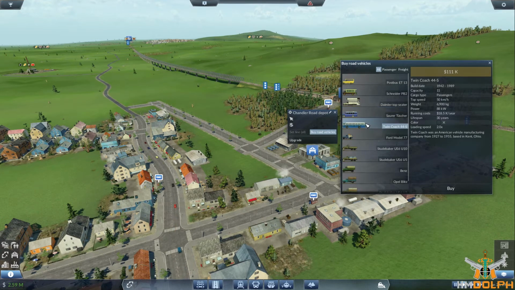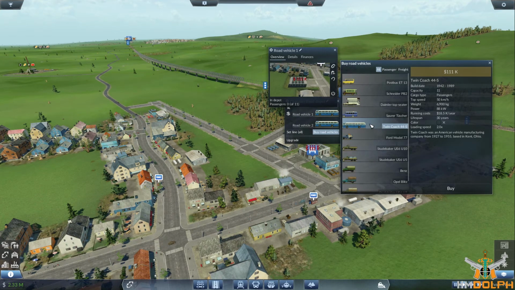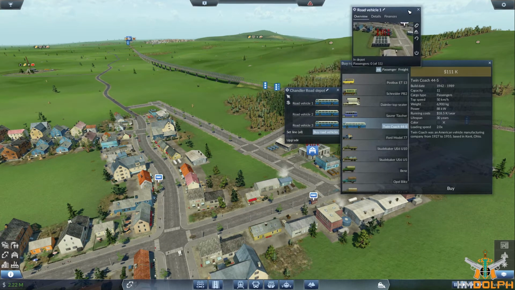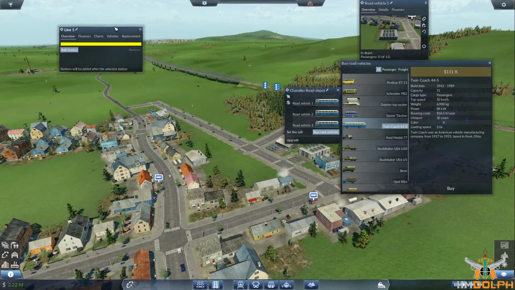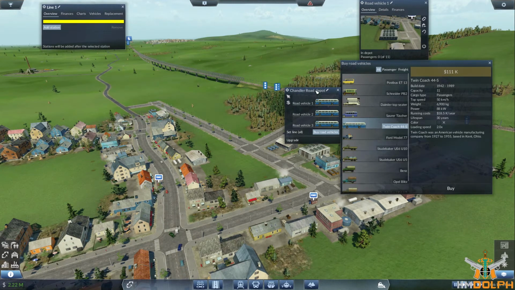22k a year, 18.5k a year. For the sake, you cost more, and you cost more per year to keep. You cost less, but carry 2 less passengers. 1, 2, 3. Right. You are going to be my all-important first wave line of